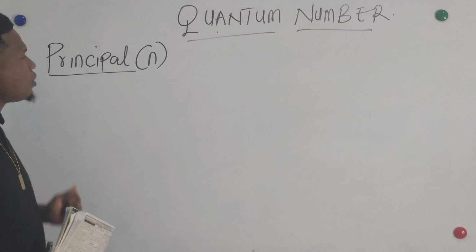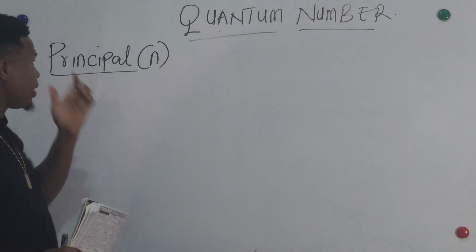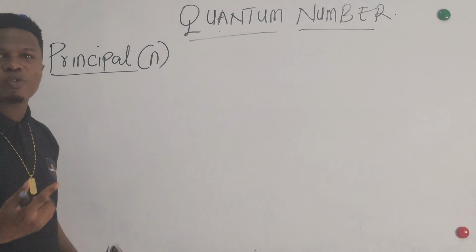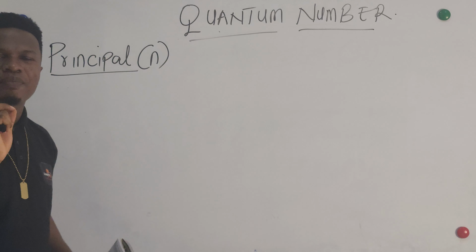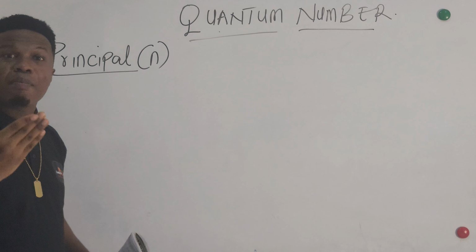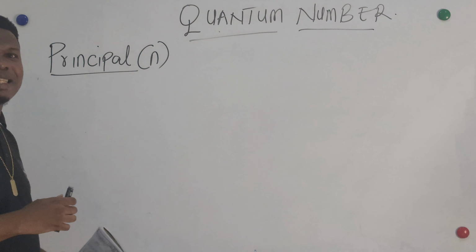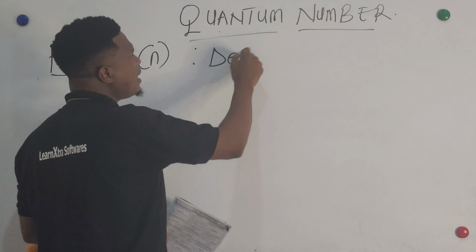The principal quantum number. Remember, we have explained what a quantum number is. Today we'll look at the principal quantum number. What is this principal quantum number all about? Note that the principal quantum number has about 3 important functions. The first one is that it defines the energy